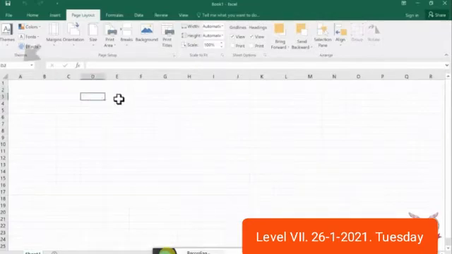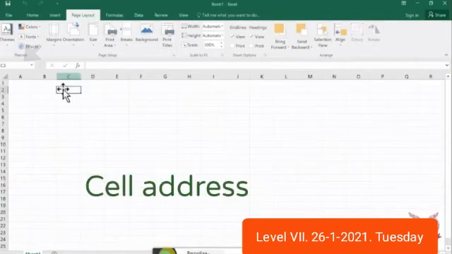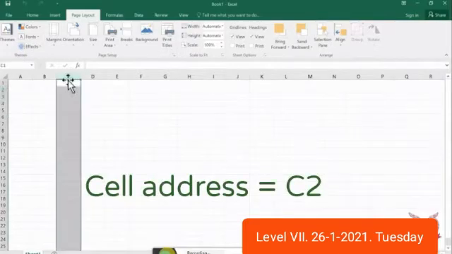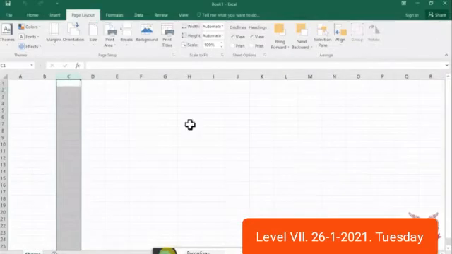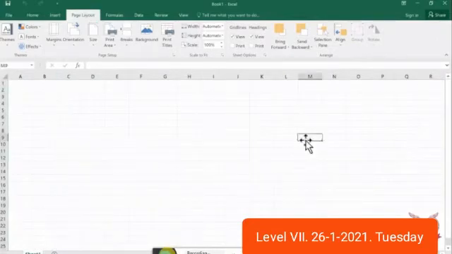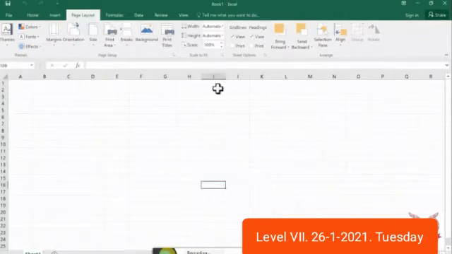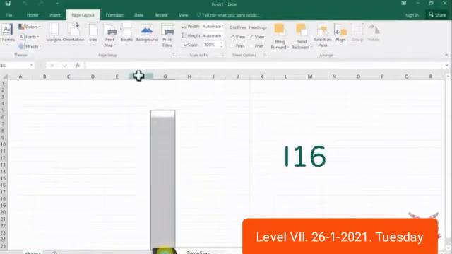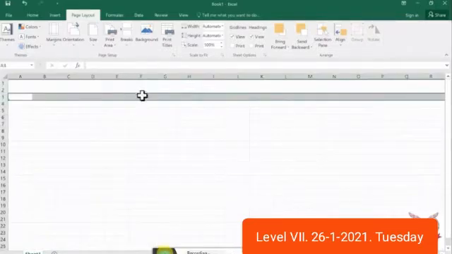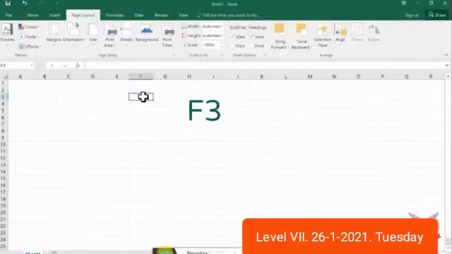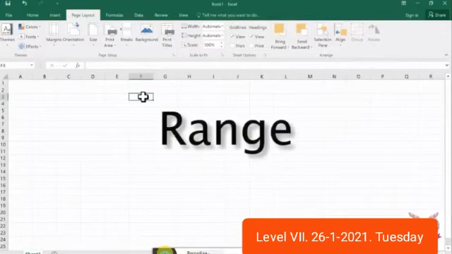The intersection of a row number and a column letter is a cell. A cell address is the column letter first and then the row number. The cell address of this cell is M9. The cell address of this cell is L16. This one is F3. Okay, that is the cell address.